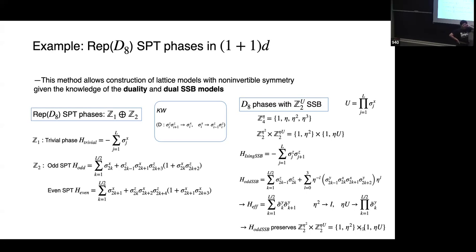When in general your symmetry operator is not a local shift like Pauli X, it would be trickier. For example, you have a local swap of two qubits and the local Pauli X. Those define Z2 times Z2 symmetry. But to write out the SPT,